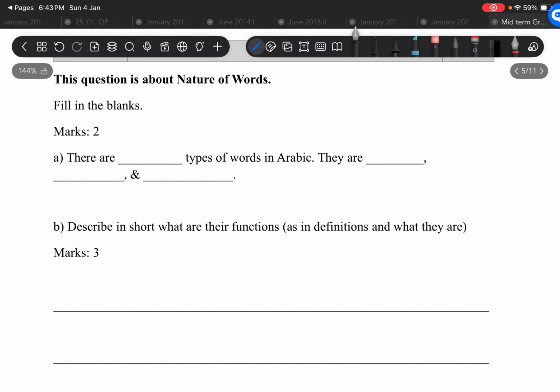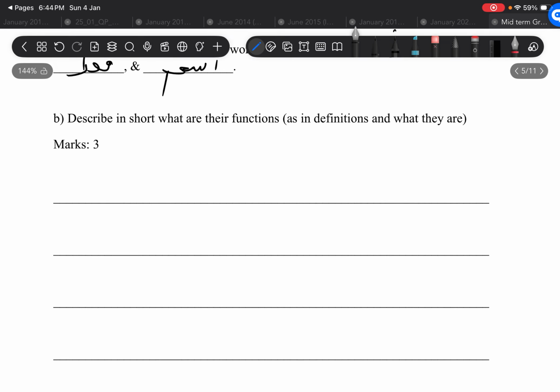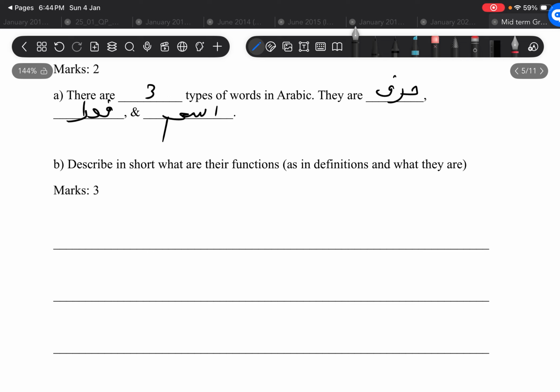Okay, moving on. This was a very simple question. There are 3 types of words in Arabic, which are the harf, ism, and fi'l. The roles and functions, we've done this before. It was just for brief. Just ism